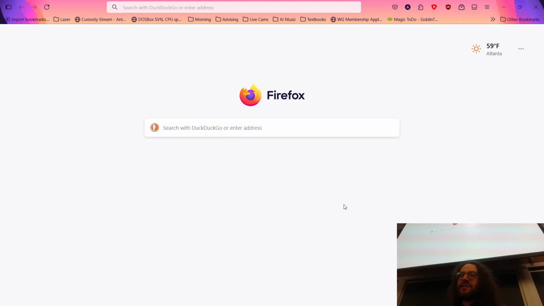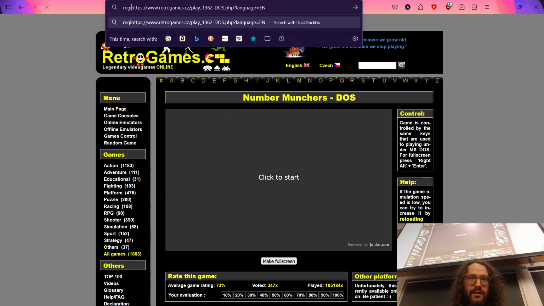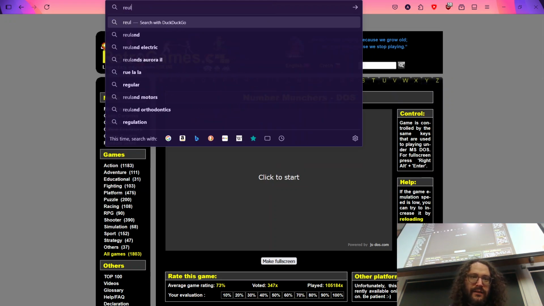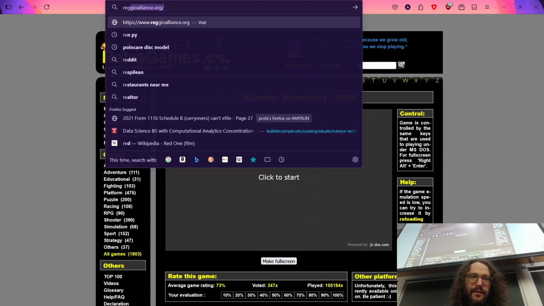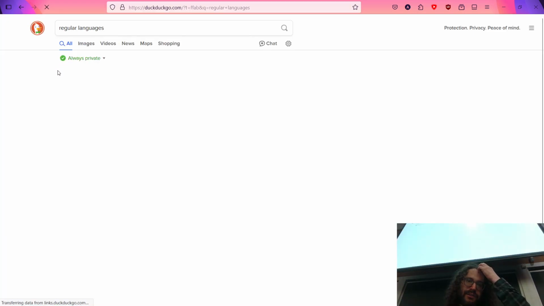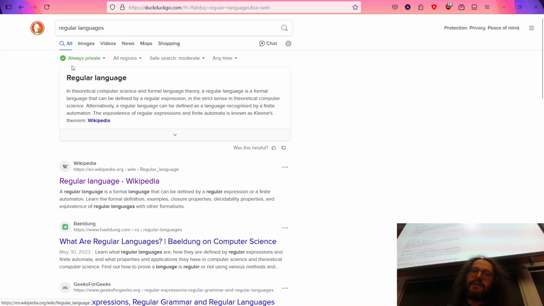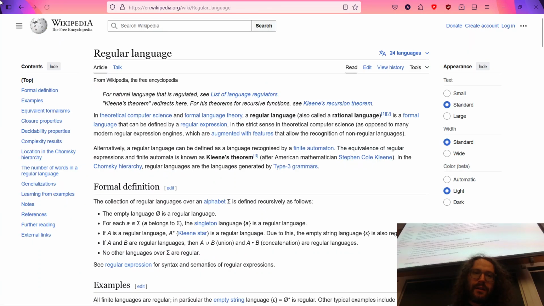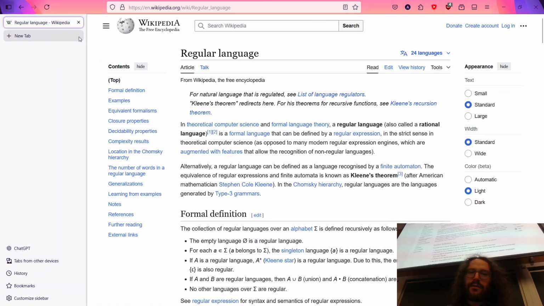Now, regular expressions are kind of interesting because, regular, that's not what I needed, regular languages. Because you typically deal with this in automata theory, which in this school is a 3,000 level class.